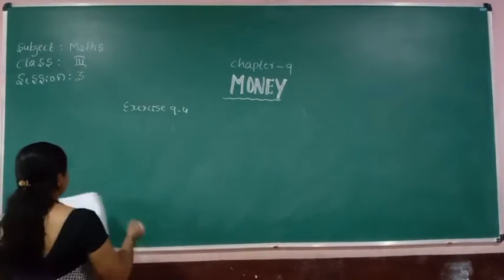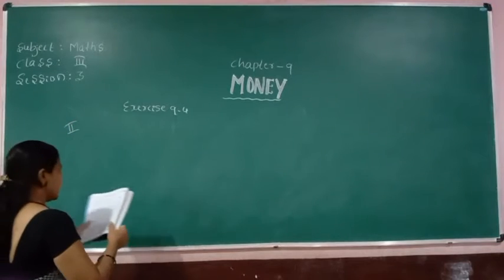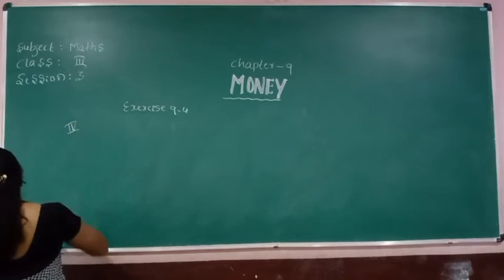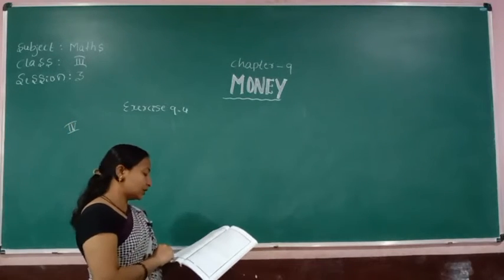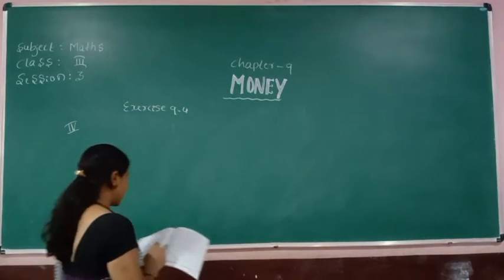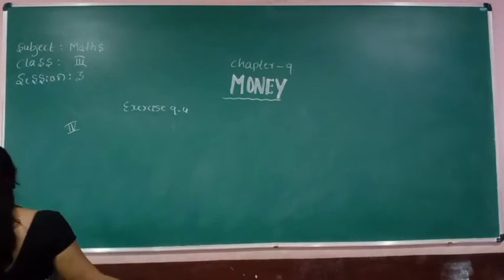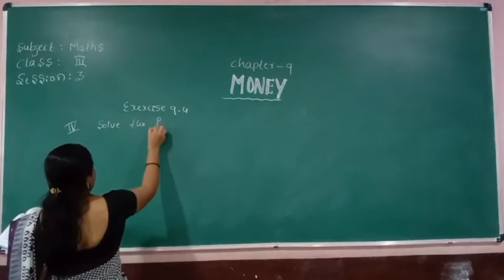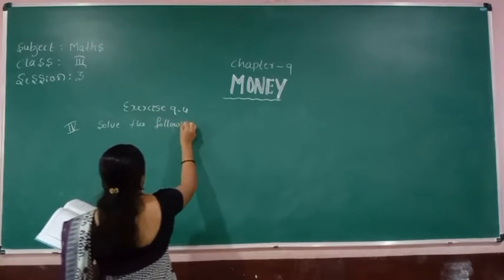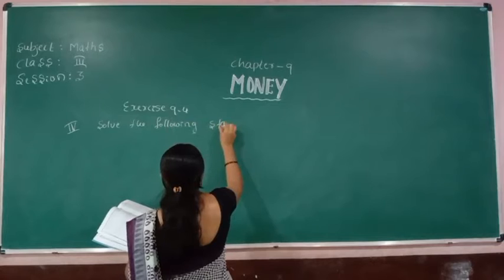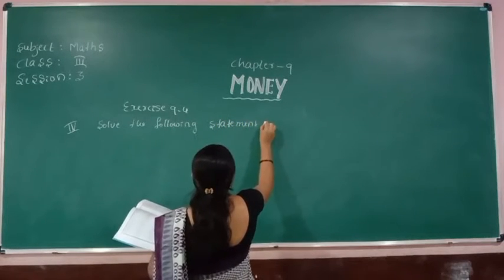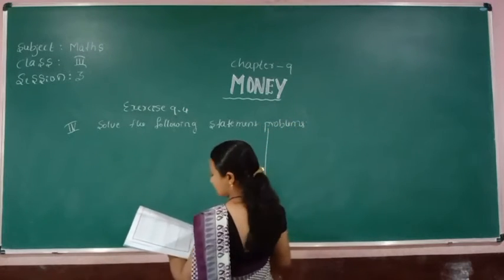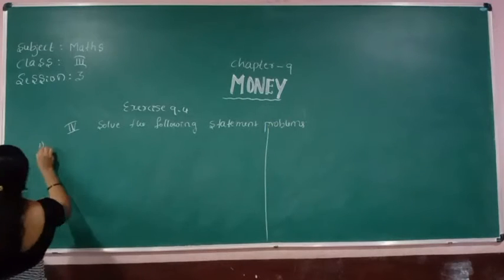Okay, see here, so that is second main. Okay, so in the first main, sorry, this is third main, that is fourth main, not second main. So here see students, in third main, the remaining are there, you do yourselves. Okay, so next we are going to fourth main, that is solve the following statement problems. Okay, so here see, first one is given here.